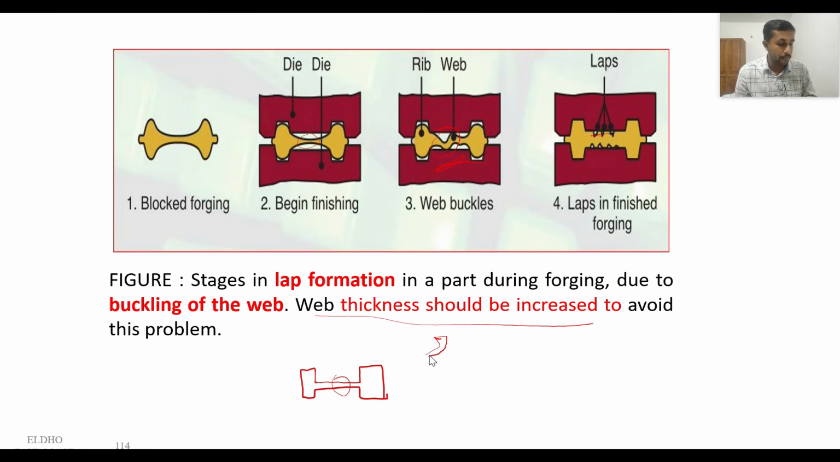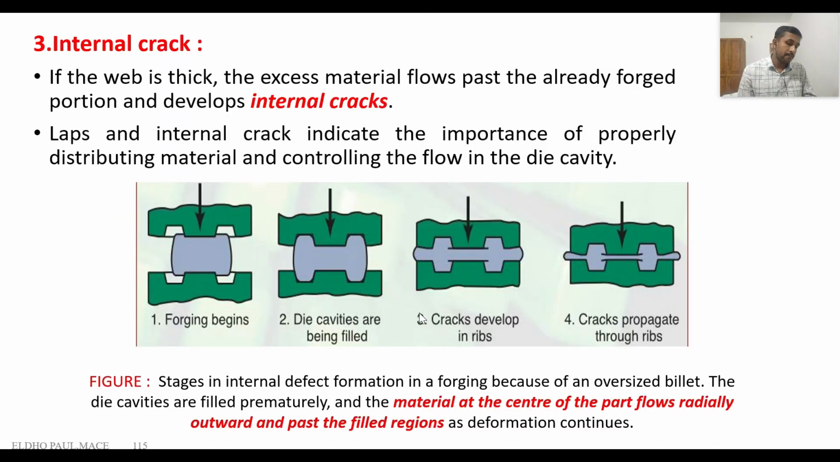Thereby, this lap formation also can be avoided. So that is the next defect. The third one is the internal cracks. During the deformation of this type of workpiece, we can see